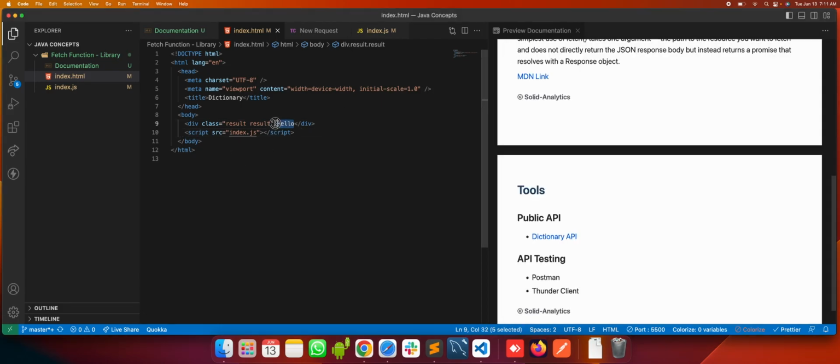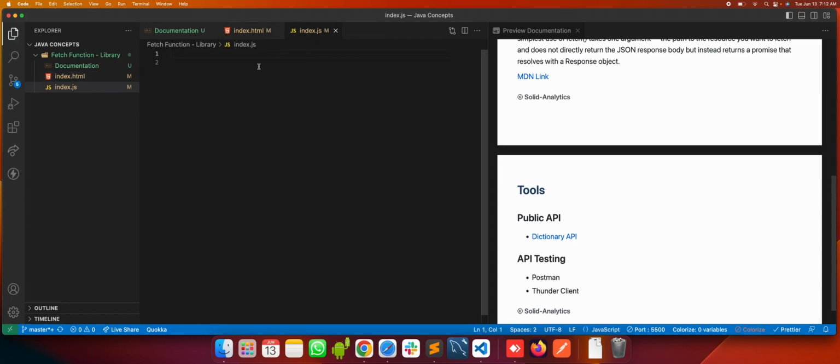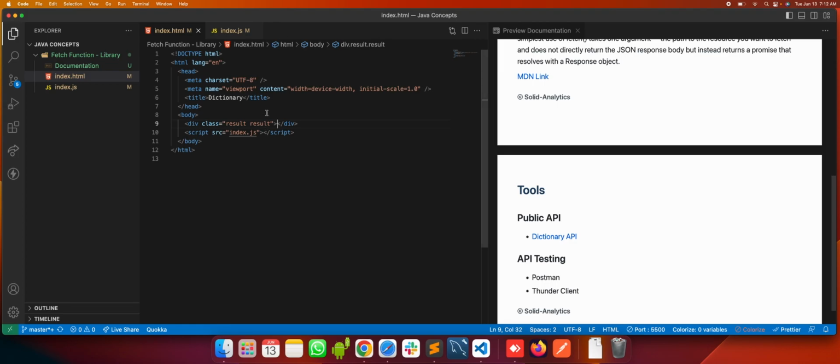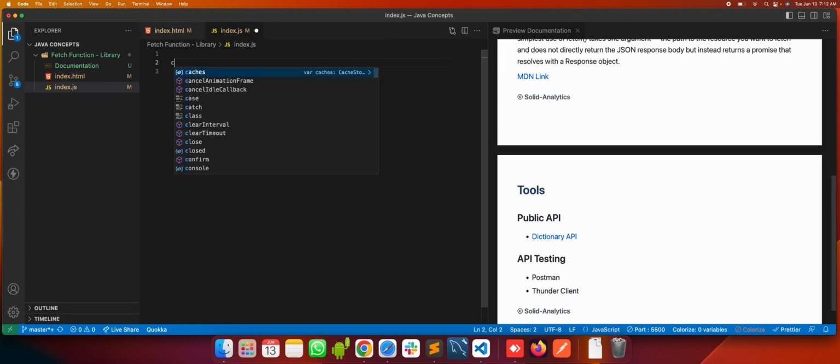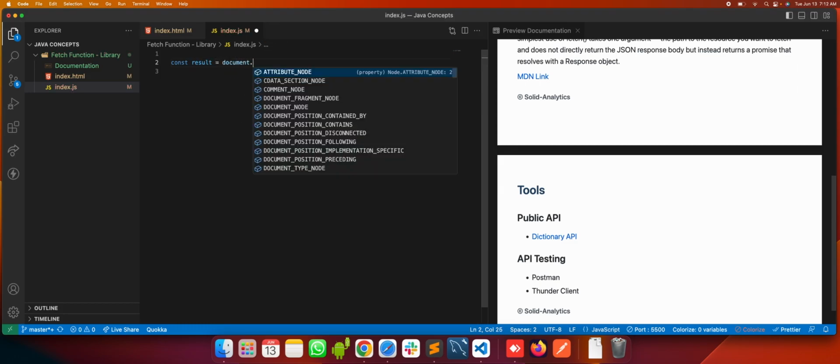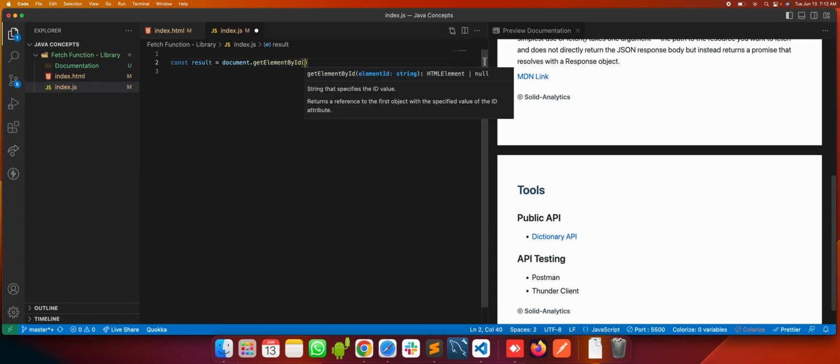We can either delete the element here and get it from the API like this, or we can do it using the index.js. Okay, first let's get this div element into our index.js. So simply we call const result equals document.getElementById, and call it result.